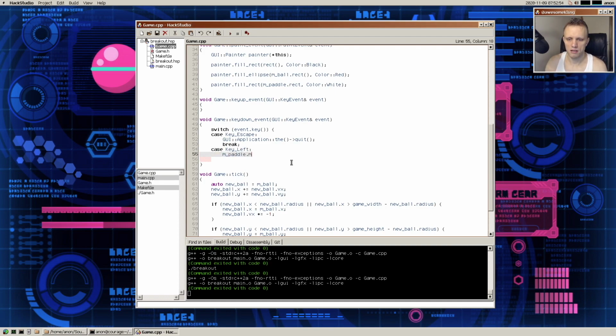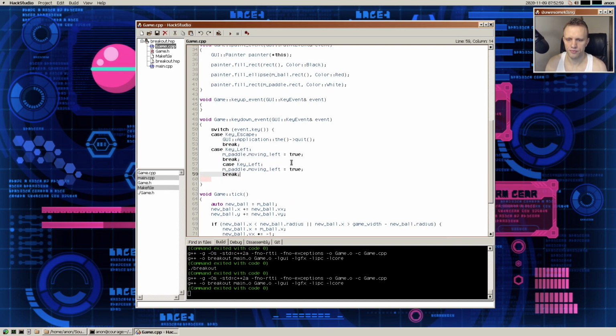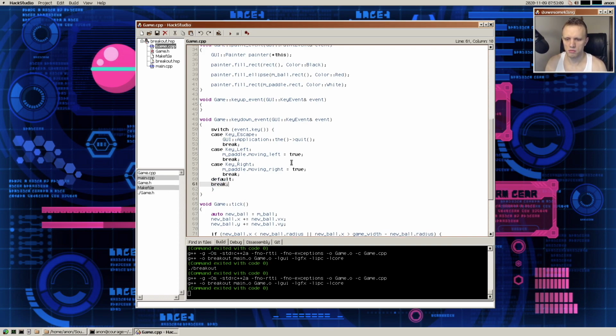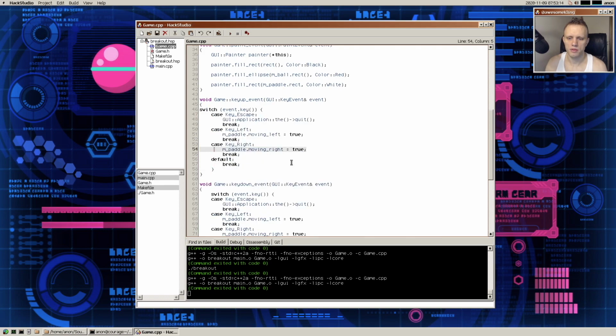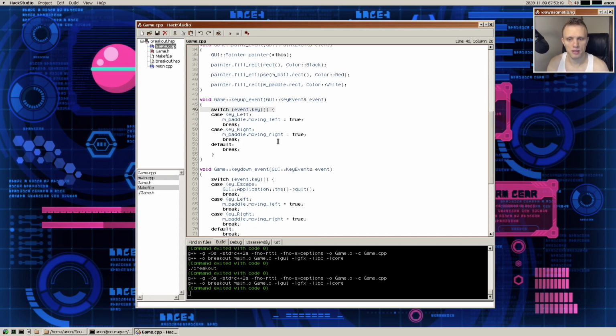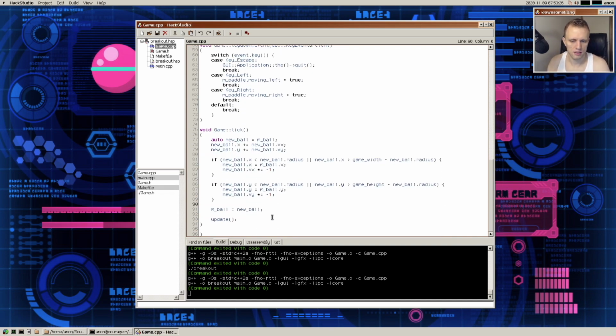If left, paddle moving left is true. Moving right is true. And the default case is to just break. Okay. And for key up, we will do something similar, except we will not have the key up escape case. Okay. And then when we tick, I guess we want to